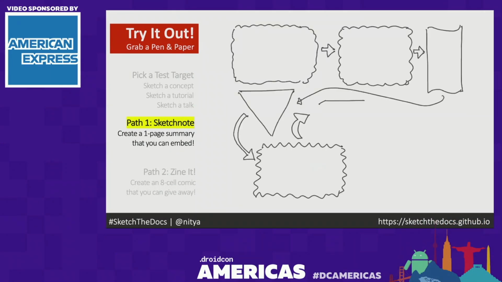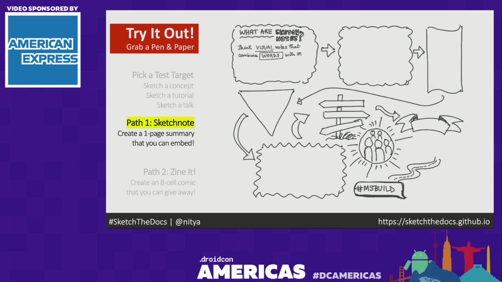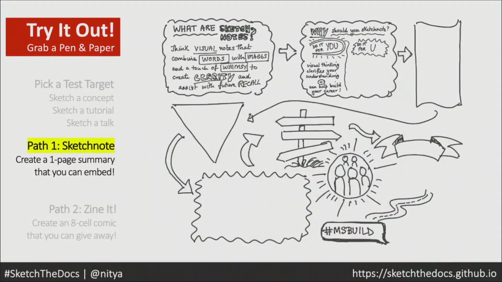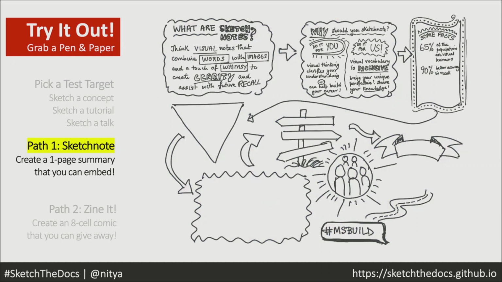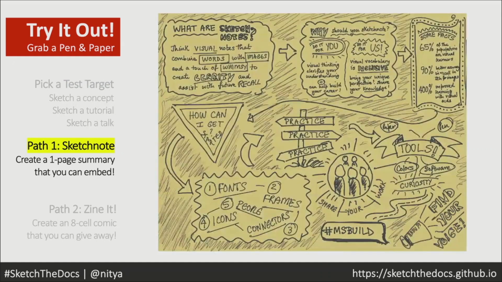The first one, and this is visualized so you get a sense of how that works, is a sketch note. Because I've animated this, you can almost see this is literally how I drew the sketch note when I started out. Not to put too fine a point on it, you can see that there is a path to the information. There are various fonts. There are various kinds of icons used. There is a quote in the bottom right corner, which says find your voice. There are lots of things going on. But at the core, it's a single page summary of an idea that you can now embed. I can take this as an image and embed it in a blog post or post it on Twitter as something that immediately catches people's attention. So that's option one for a sketch note.